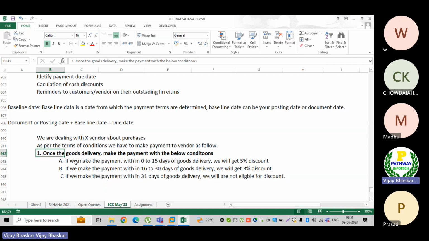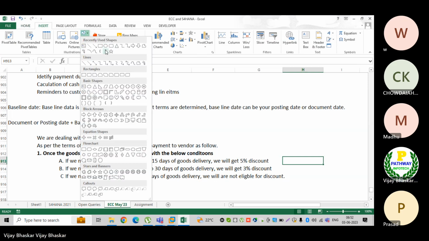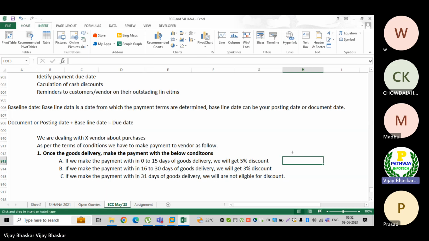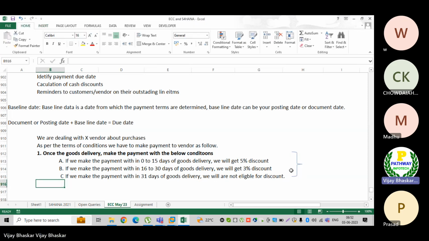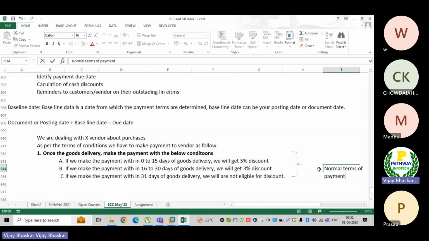Normal terms of payment, in the sense straightforward: 0 to 15 days, 16 to 30 days, then after 31 days we will not get a discount. This is the normal terms of payment.